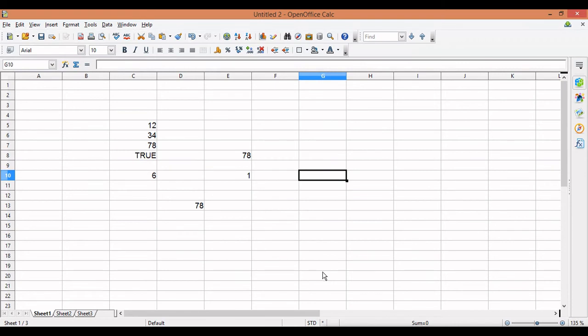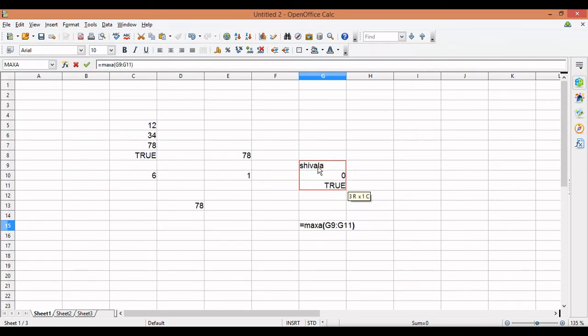Let me take here 0 and let me take here TRUE, and let me take here some text. Now if I use a MAXA function, and let me take this cell range. What is the maximum of all the numbers?